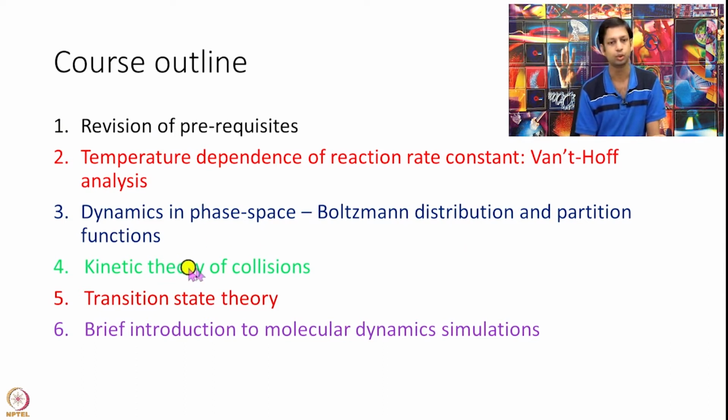Then we will discuss the collision theory, kinetic theory of collisions. So, that is the first theory that was given by Trautz and Lewis to calculate rate constant from atomistic picture, and following that we will discuss the transition state theory, which is one of the main focuses of this course. And this transition state theory was fully developed in 1935, the first equation was given, and it is still used as was written in 1935, 85 years ago. We still use the same equations. It is a very powerful theory that is used across fields. So, we will look at this very carefully in great detail.